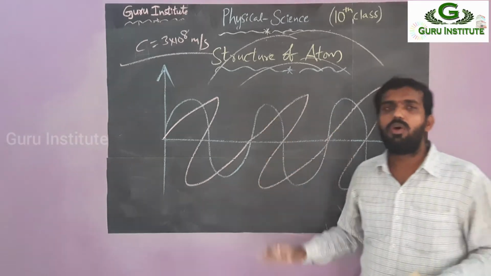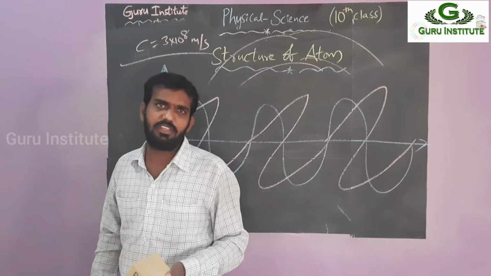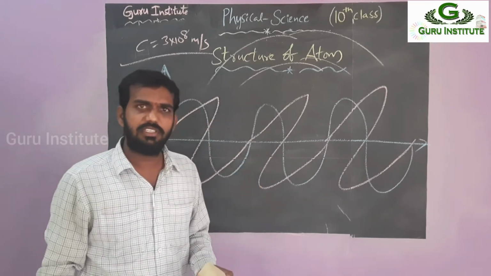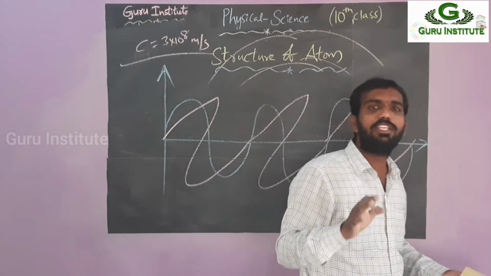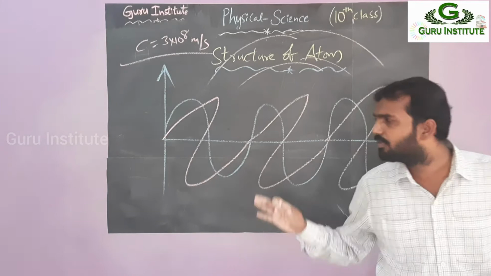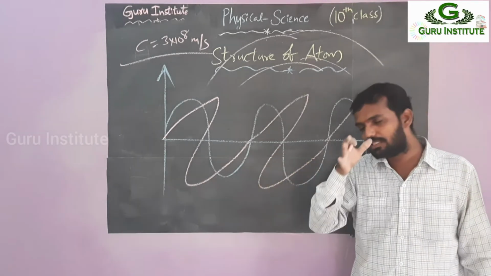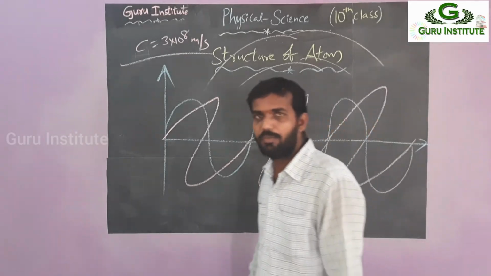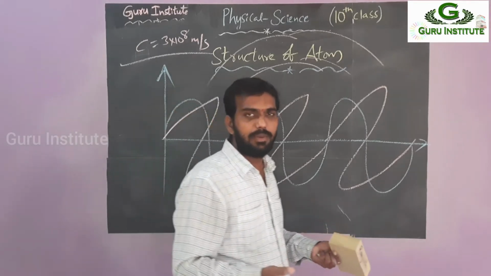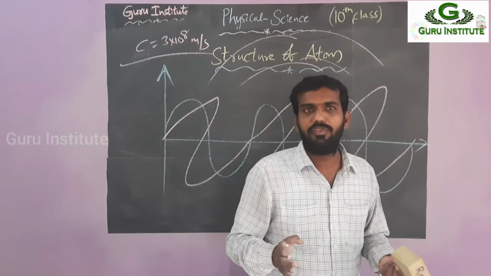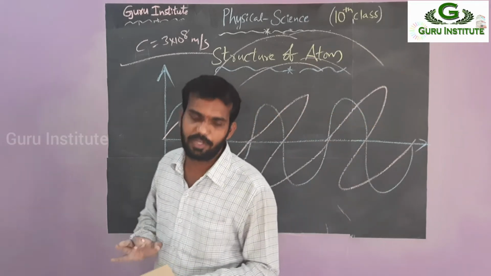So like that, in the electromagnetic wave also there is a wide variety of frequencies. The entire range of these frequencies is emitted in one process. So those are called the electromagnetic spectrum, the entire range of the electromagnetic radiations. So simply, spectrum means whenever energy is emitted, that means the light energy is emitted in the form of different frequencies. Then that is called an electromagnetic spectrum.